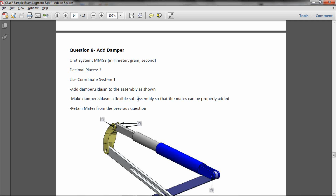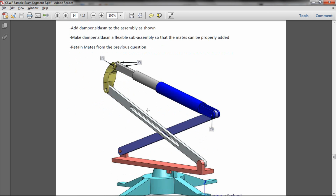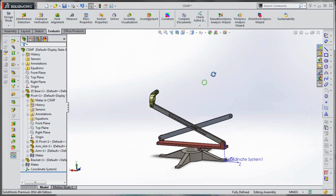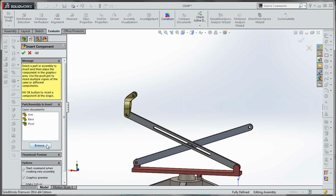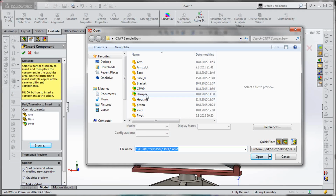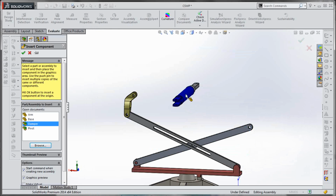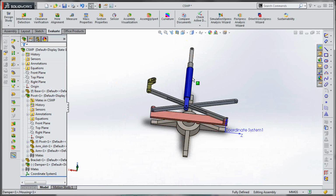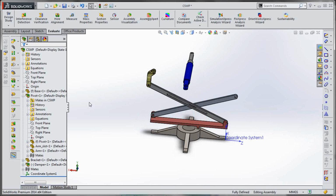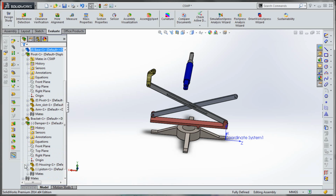Now we have to add one more subassembly called damper, and we have to make damper a flexible subassembly. So let's do that. We need to make this flexible because of mates. You will see that in a moment. So first you have to make this flexible,